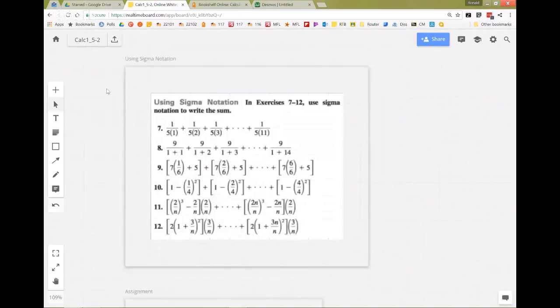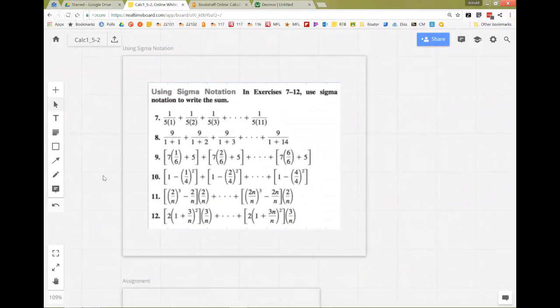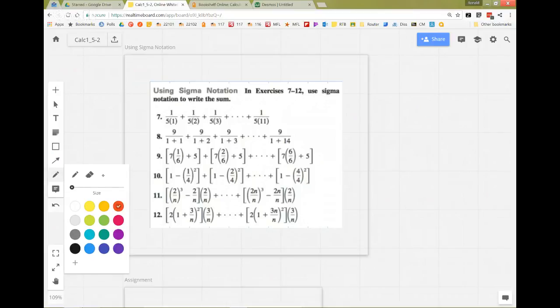So now the next section says, let's see if you can write sigma notation. Okay, so what we have is no sigma here. They're just giving you some patterns. So take a look at number 8. You can see what's the same in every one of those fractions. They all have a 9 on the top, and on the bottom they all have 1 plus something. What's the one thing that's changing? The second number, right? So to write that with sigma notation,